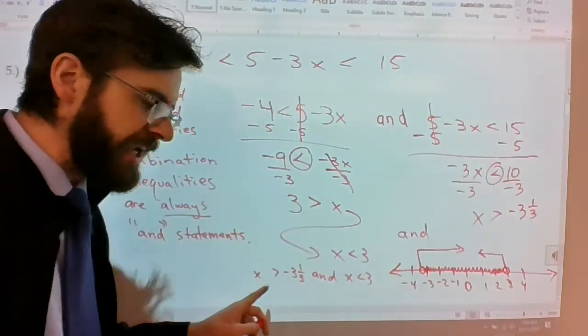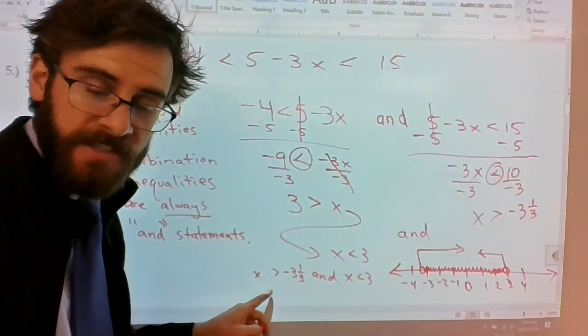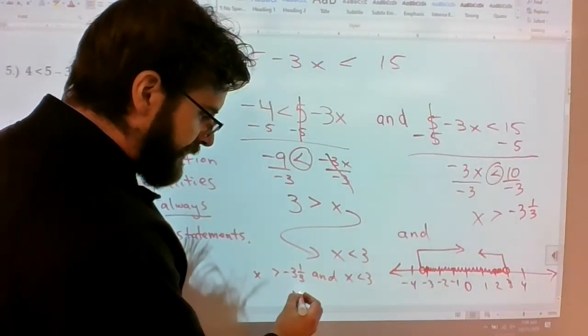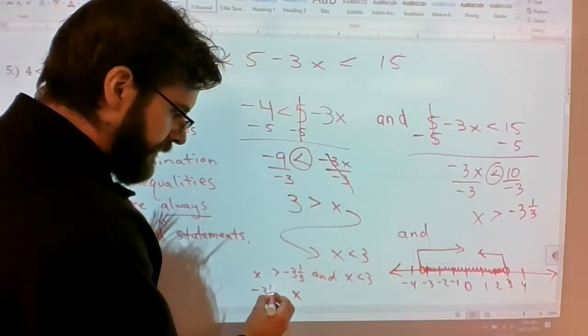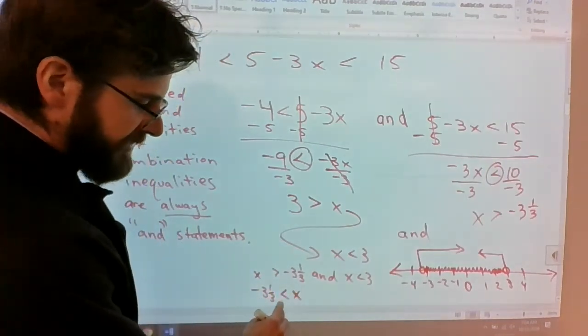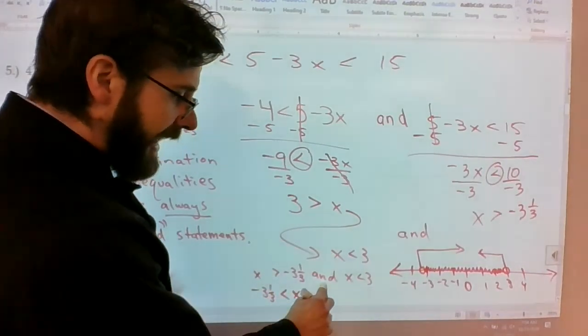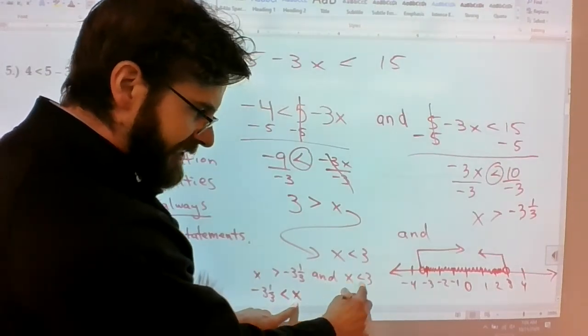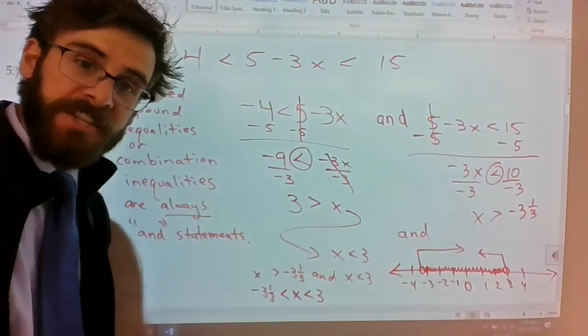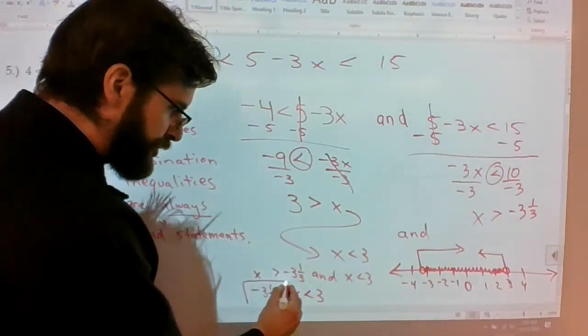The way in which I can write that as a compound statement is I can literally flip the x with the negative 3 1/3 and then say that negative 3 1/3 is less than x, and that same x is less than 3. That's how you'd write it as a compound solution